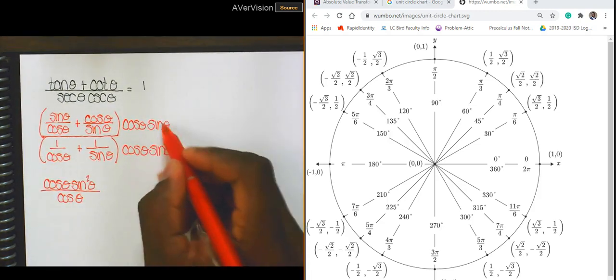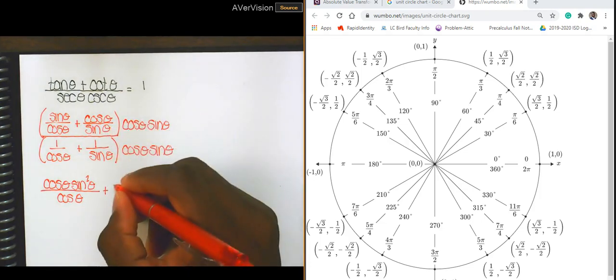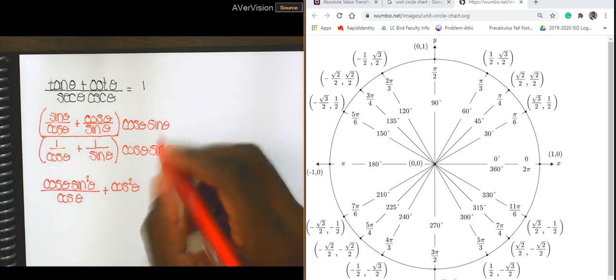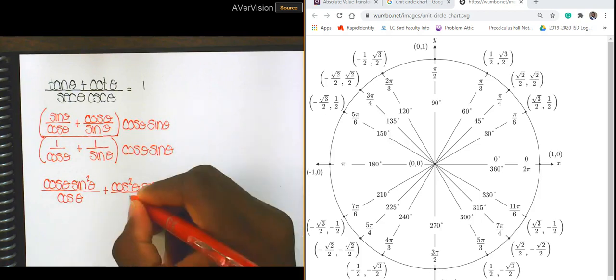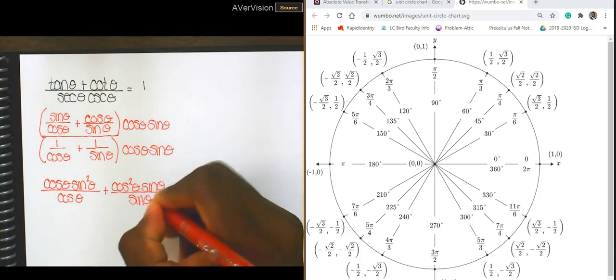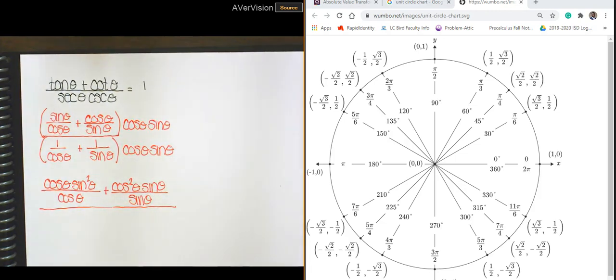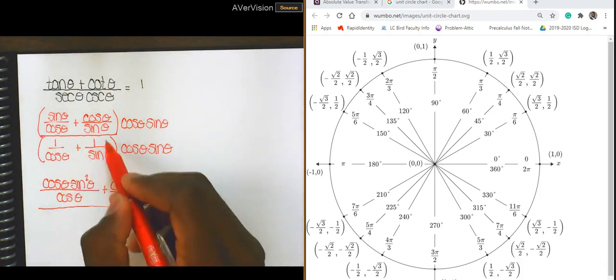And if we multiply that to this one, cosine times cosine is cosine squared. Same thing, if we multiply sine and cosine to the ones,